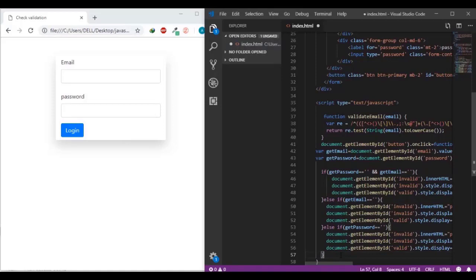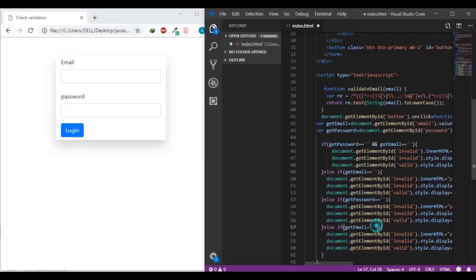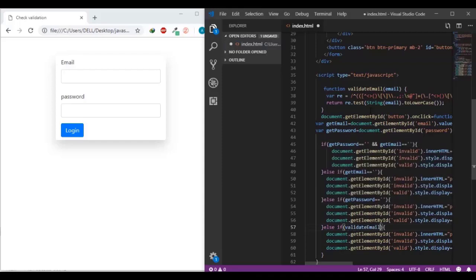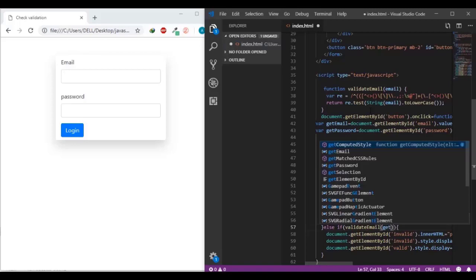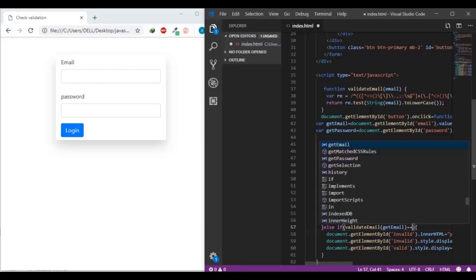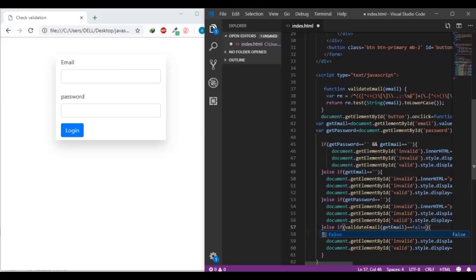So else if I will use the same thing, but I will just call the function which is validate email, and this email will be the get email variable if this function is equal to false,